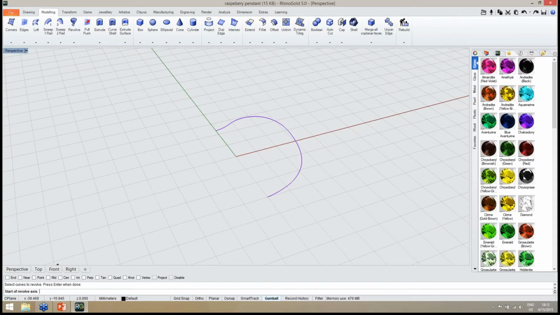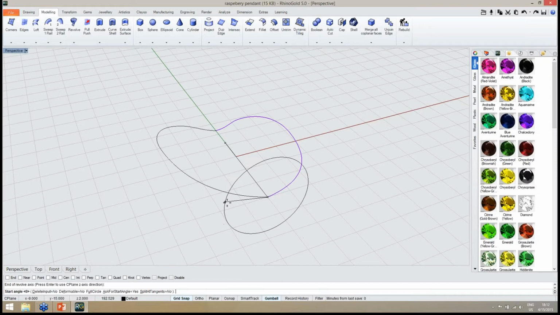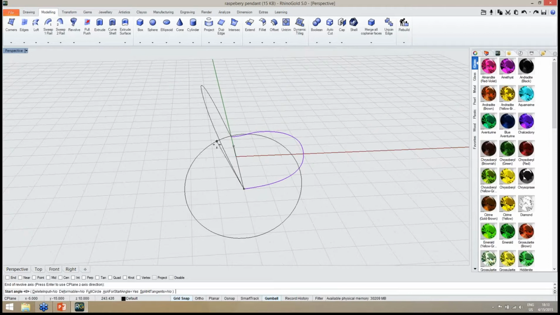And now I need to define a point to define the start of revolve axis. So I'm sure it's in this axis, so I can use the grid snap and start in here. And then I need to define another point to the end of the revolve axis. So I will define this point anywhere on this axis in here. So as you can see, now I can define the revolve angle. In this case, I want half